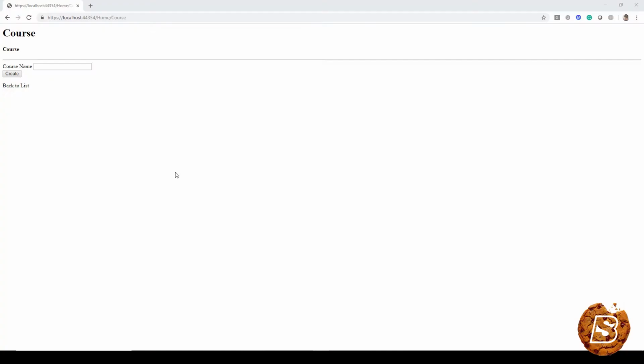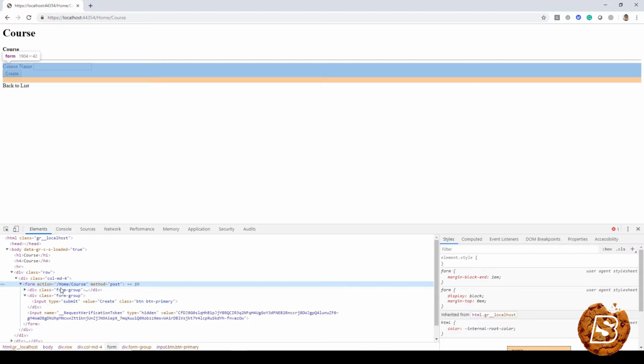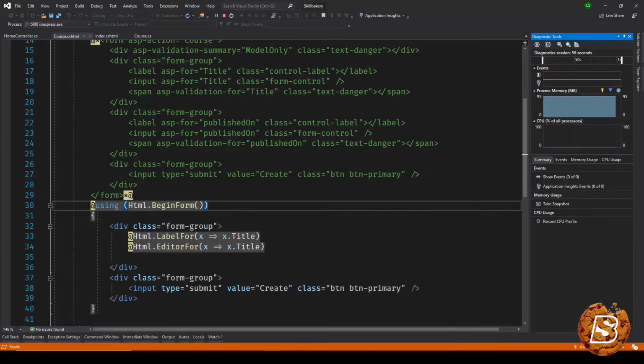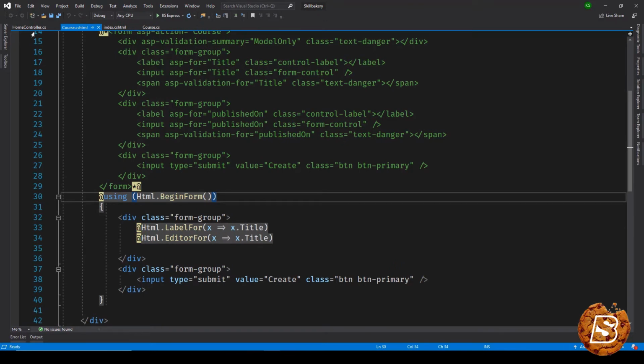In this lecture, we'll take a look at how we can post form data to a controller action. So here, if I inspect this page, you'll notice that this is going to home/course and the method is post. So what we need to do is, in our controller action, let's stop this for now, and in our home controller,